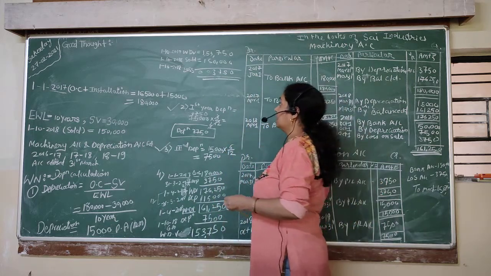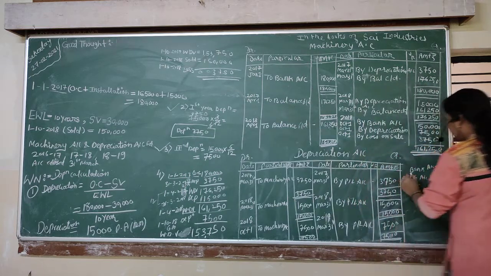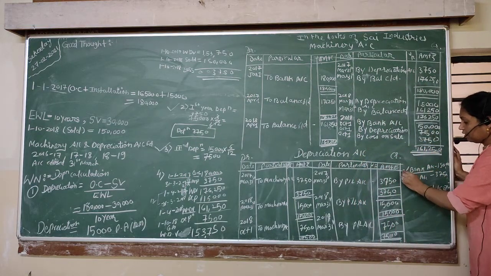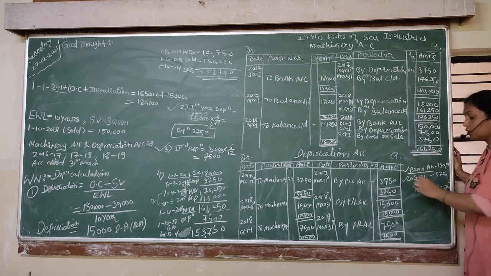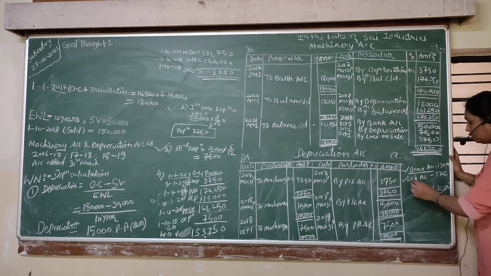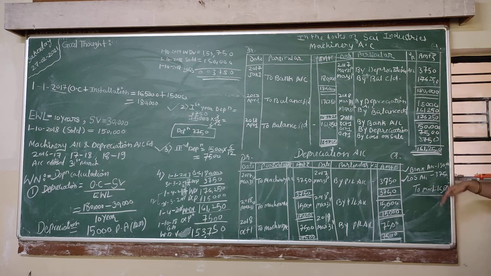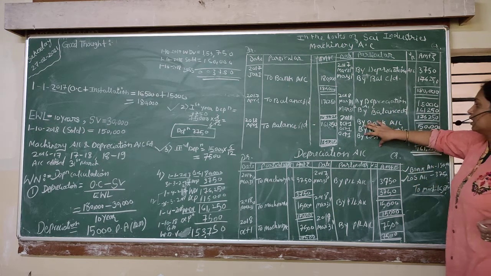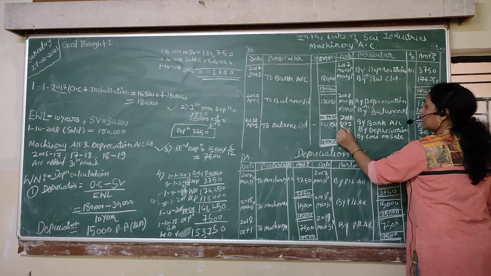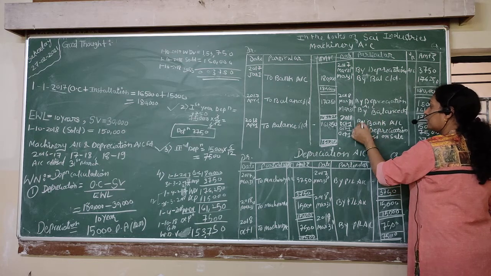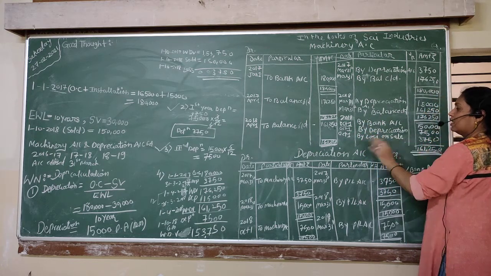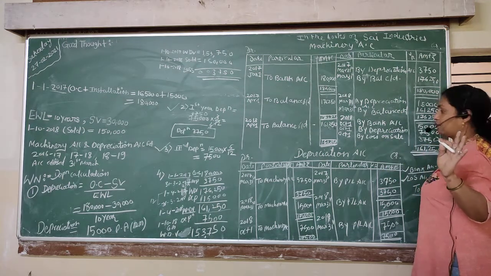So our next entry in the third year will be, students, the sale. In the case of sale, the bank account will be debited because the cash comes into your bank account. Loss is always shown on the debit side, as loss on sale in the profit and loss account. And machinery is going out from the business, so the machinery account is on the credit side. You can write the depreciation entry first or the selling entry later, or the sale entry first and depreciation entry later, it will not affect any value of your problem.